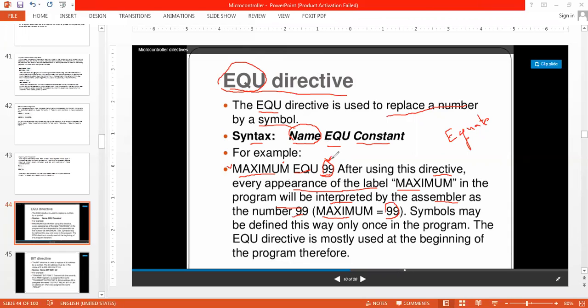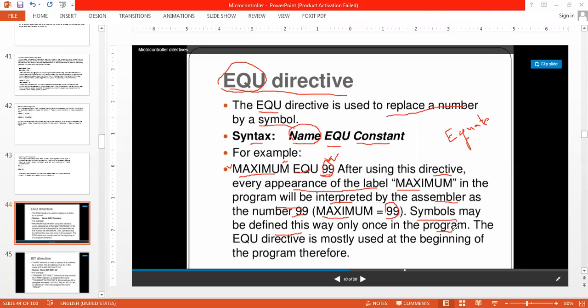Whatever number I assign here, I can assign a decimal number as well as a hexadecimal number. The name I can give is any name, but it should not have any space. Symbols may be defined this way only once in the program, right? However many constant numbers I want, I can write them, but only in the beginning of the program.